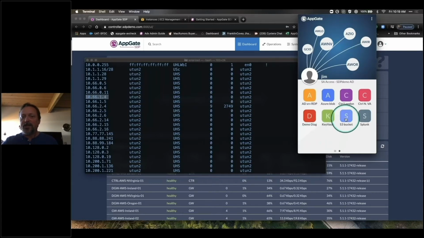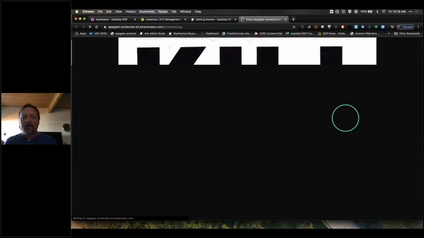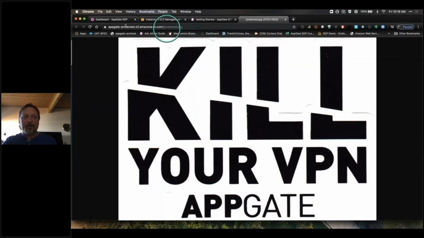I can just as easily launch maybe an S3 bucket. This happens to be a JPEG in an S3 bucket that's being protected by Appgate. So I was granted access to that quote unquote application as well, right? So